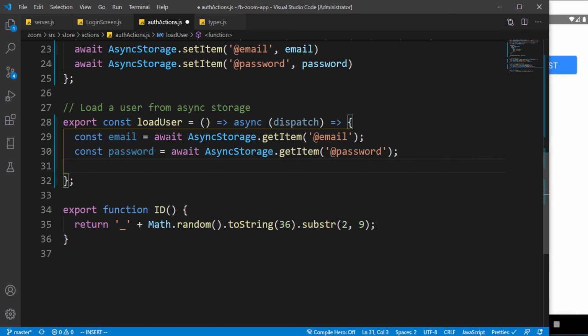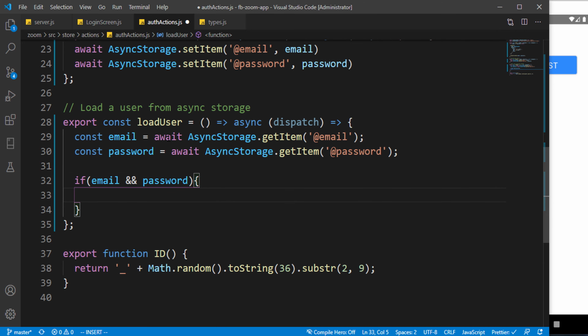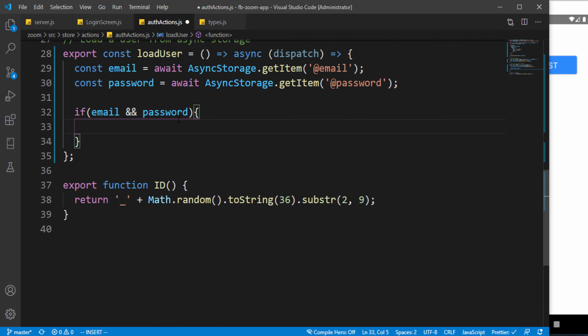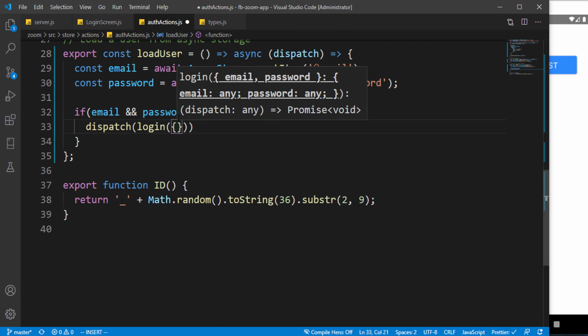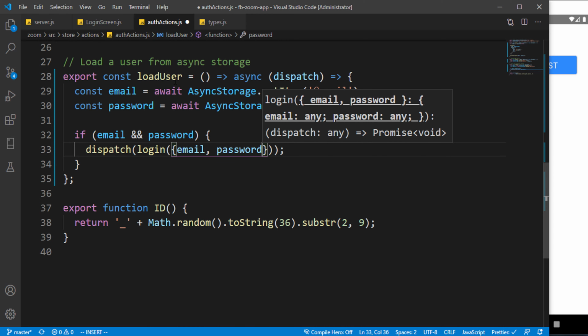Then we have to check whether there is an email and also whether there is a password. So these two values have to be set, which is going to give us a true value. Then we can dispatch login again. So whenever this is found, we just have to dispatch login. Login actually does the same thing as the save user, but